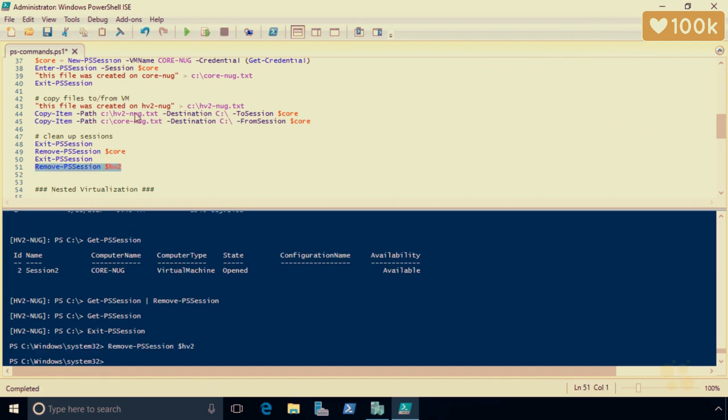So make sure you're comfortable with these 3 kinds of PowerShell sessions. They're incredible, and they allow you to do stuff like this. Remote into your hosts, and then remote into the VMs on that host without ever needing to leave your workstation. All right, moving on. Let's talk about nested